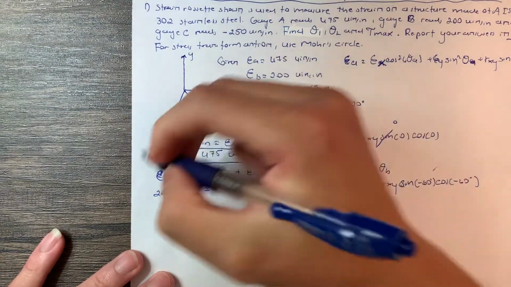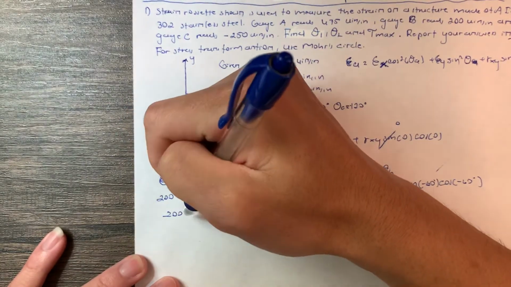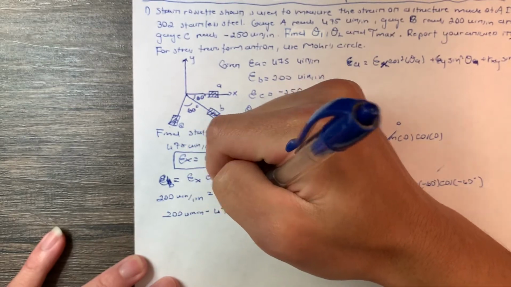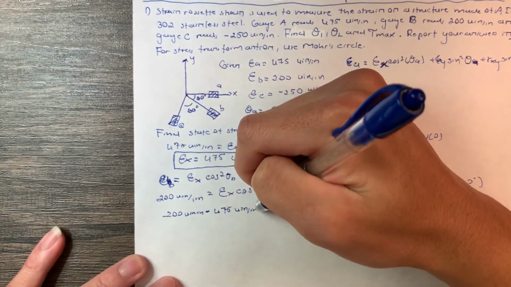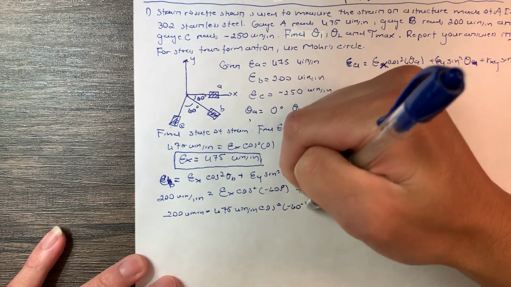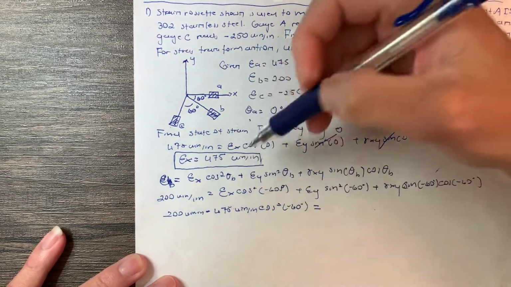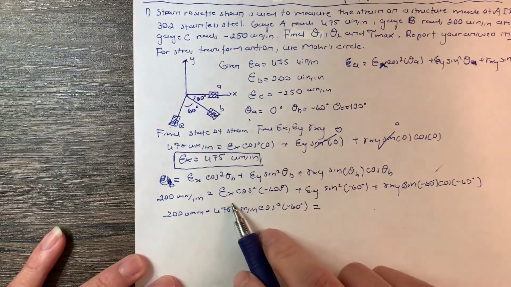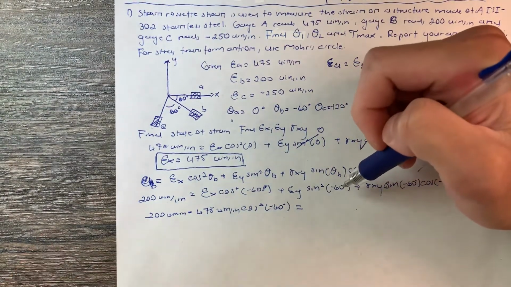And you just plug in, so we have this 200 micro inch per inch minus 465 micro inch per inch cosine squared negative 60 degrees equal to. I basically move this side, subtract this side to get to this side, because we already know our epsilon x value, and then sine squared